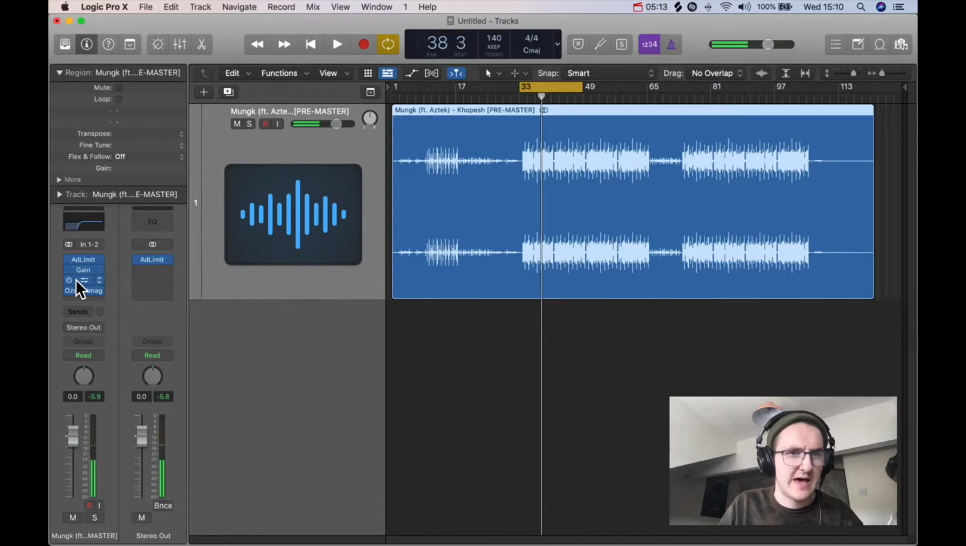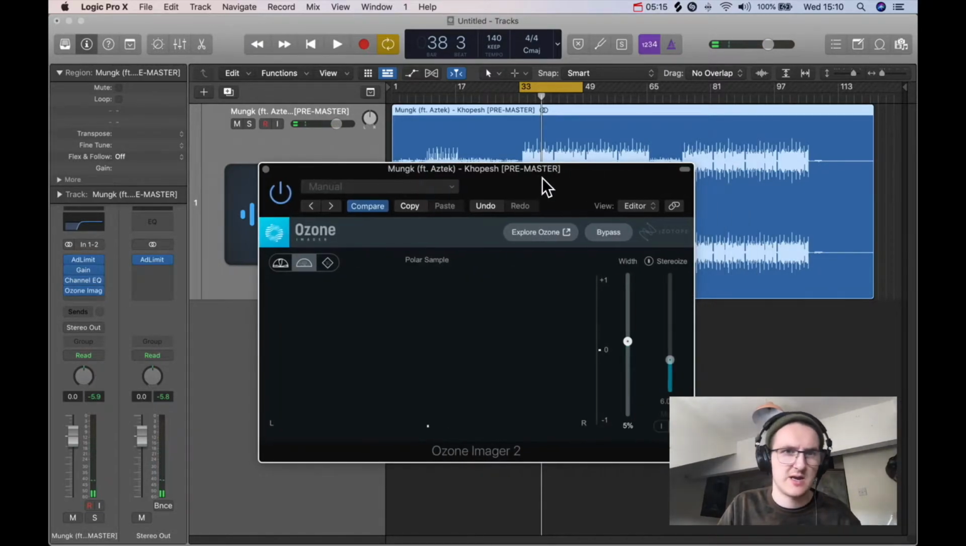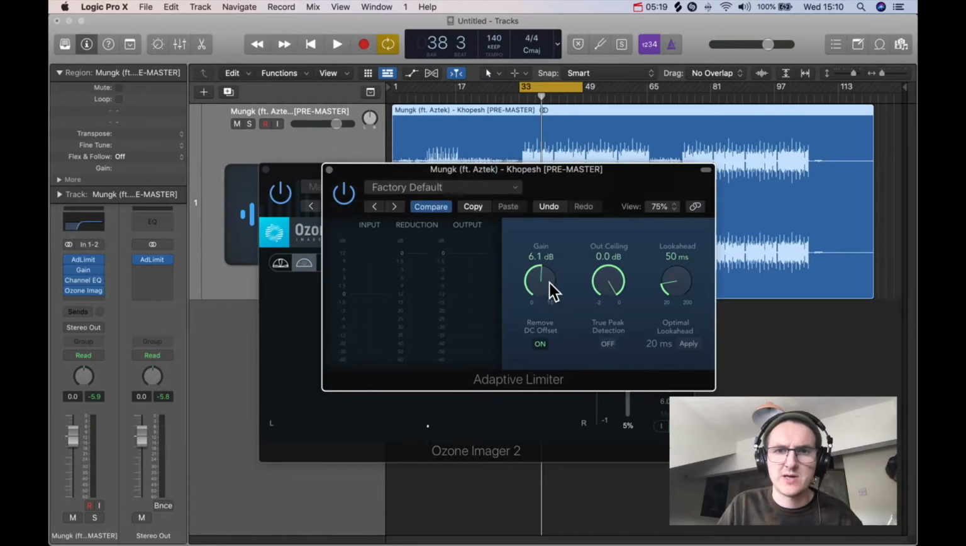So we can hear that, and then if we add Ozone Imager, you're now going to be able to hear how it widens. I'm actually going to turn